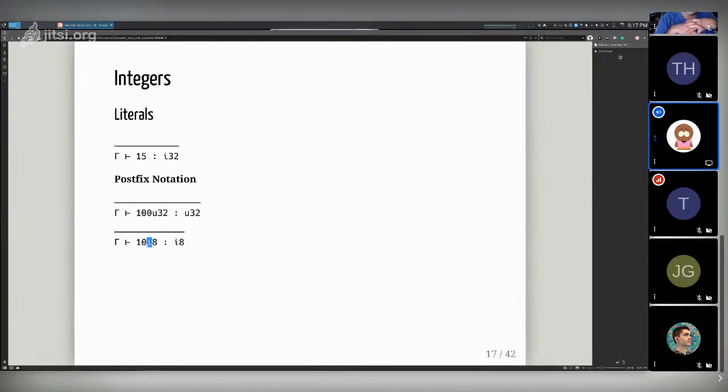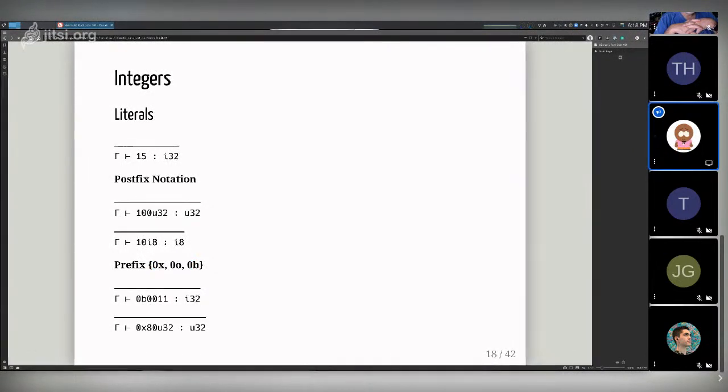Same thing for signed. Say I want this to be a lot smaller because I know we're going to be dealing with very, very small values. You can restrict the result of that using I8. But we also have this prefix notation for literals, for octals, binaries, and hexadecimal: hex, octal, binary.